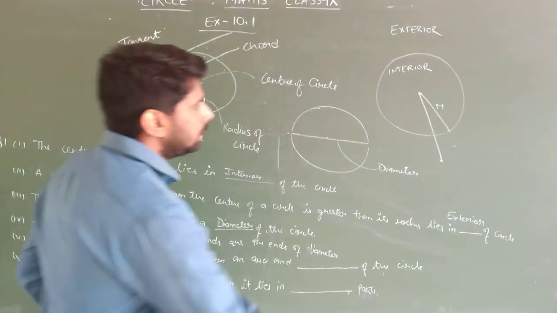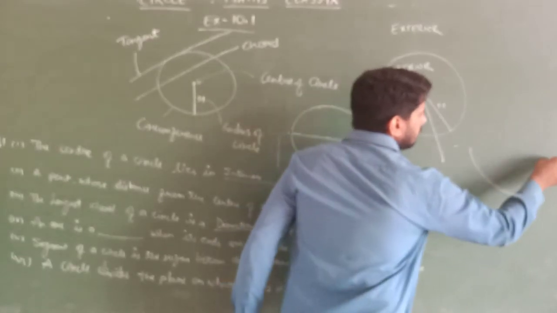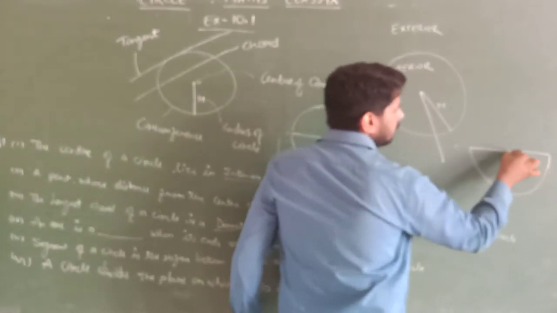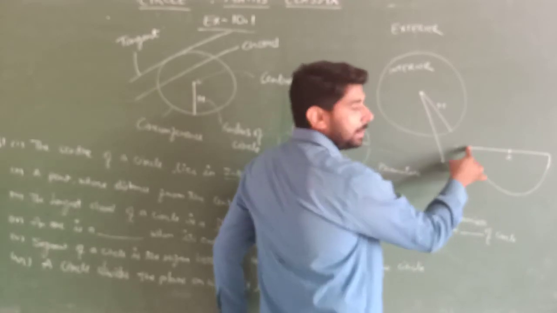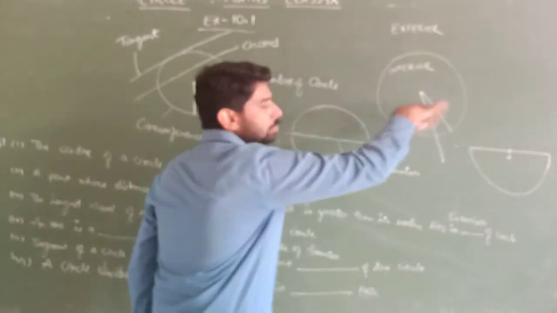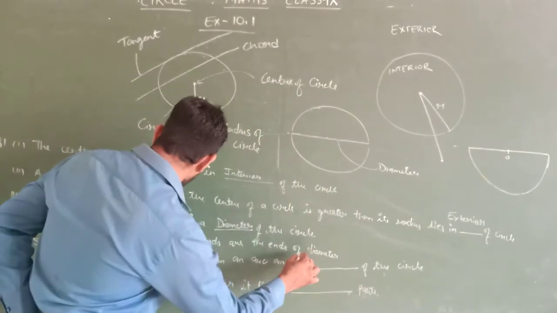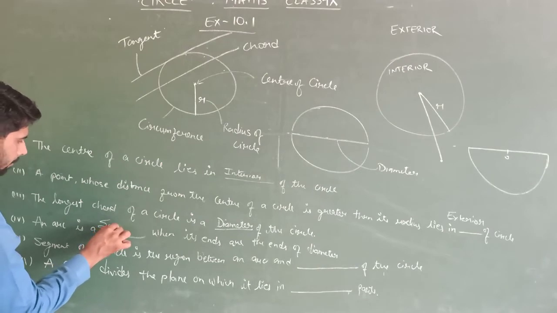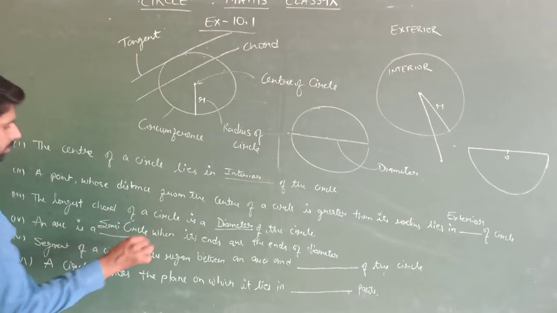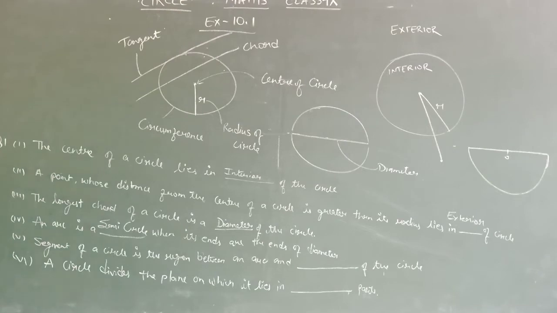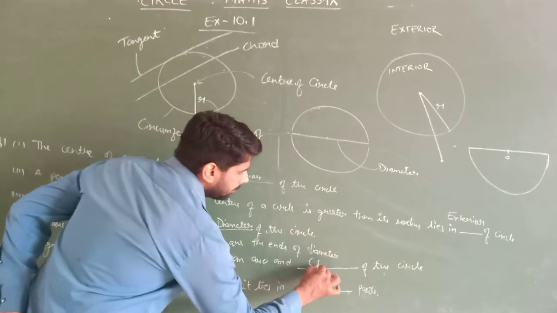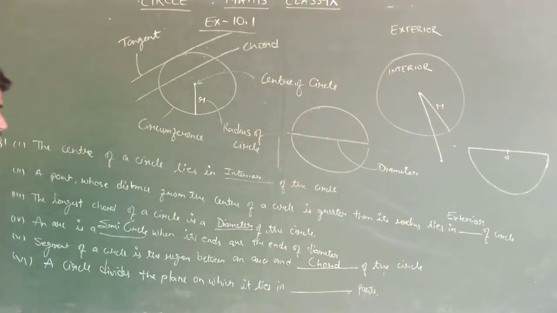Next is, an arc is a dash when it ends at the diameter. एक arc को क्या बोलेंगे? So this is the arc, center हो, जब ये diameter पर end हो, यहाँ से लेकर यहाँ तक, पूरे सर्कल को सर्कल बोलते हैं, और हाफ सर्कल को we call it a semi-circle. This is called a semi-circle. Next is segment of a circle in which region lies. Then it is called a chord. उसको क्या बोलते हैं? chord बोलते हैं.